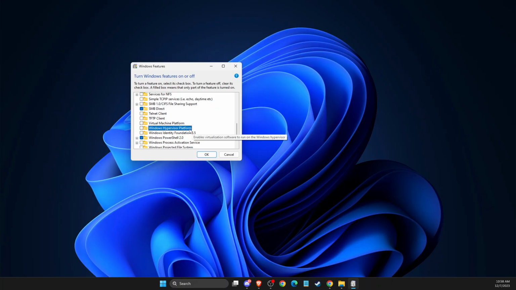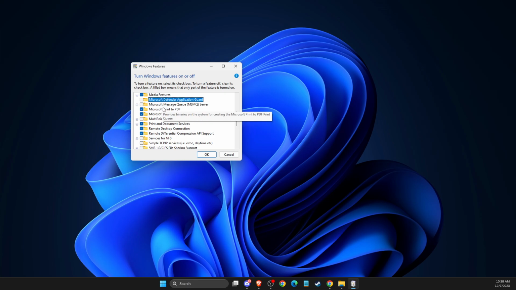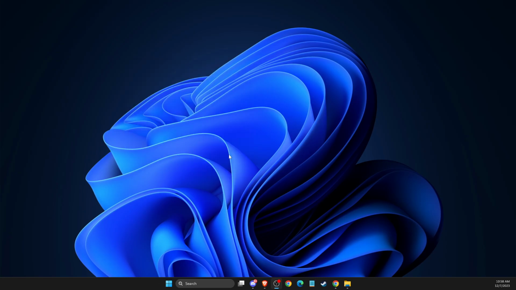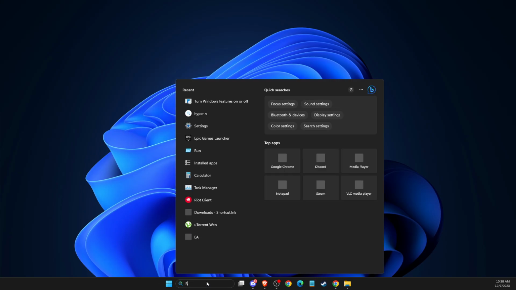And then you need to look for Microsoft Defender Application Guard. Also make sure that these options are unchecked, right? And then if this fix is not working for you, you need to go to Riot Client,